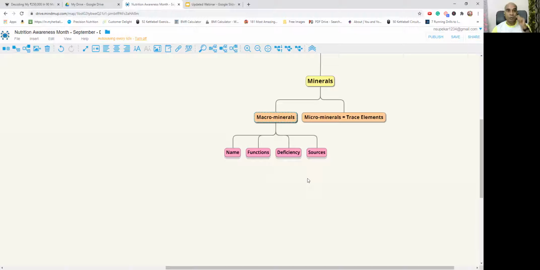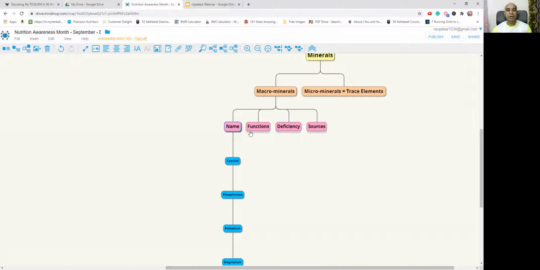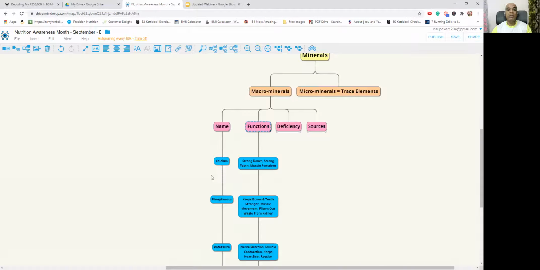What we are going to do is check their name, their functions, what will happen if there is a deficiency, and the food sources we can eat them through. So the first, we will be going through each of them. The first is calcium. As we all are aware about the importance of calcium,